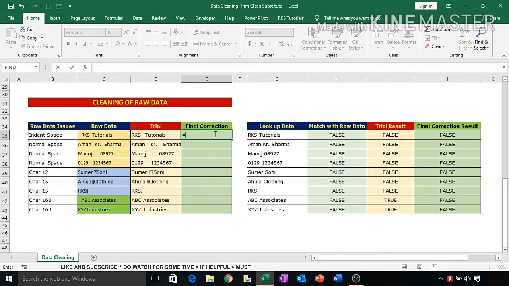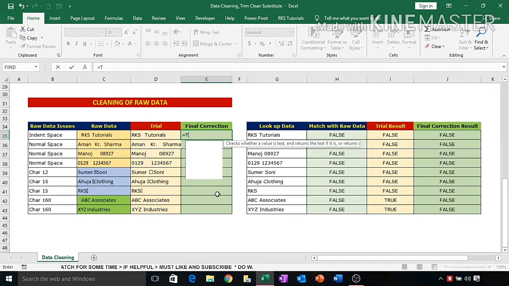So let's start with equal. Our first work is to remove the character 160 error, then we will remove the non-printable characters that are in these cells, and after that we will apply the TRIM function.